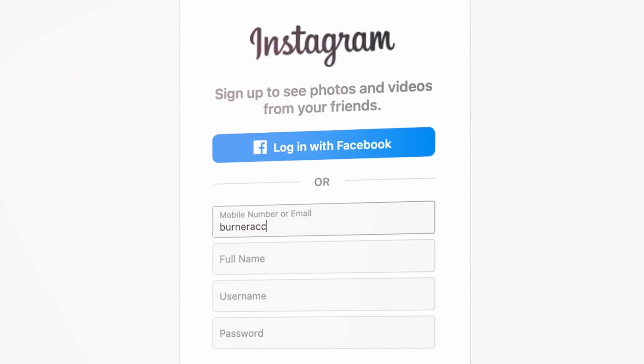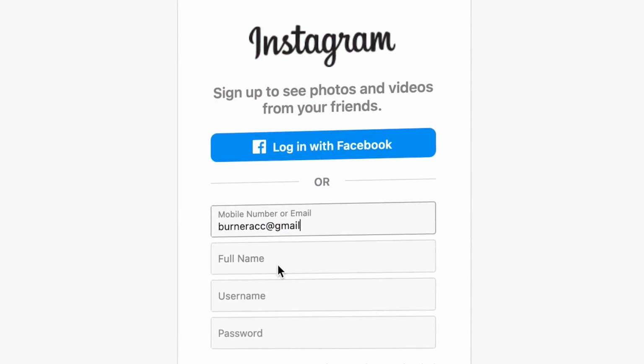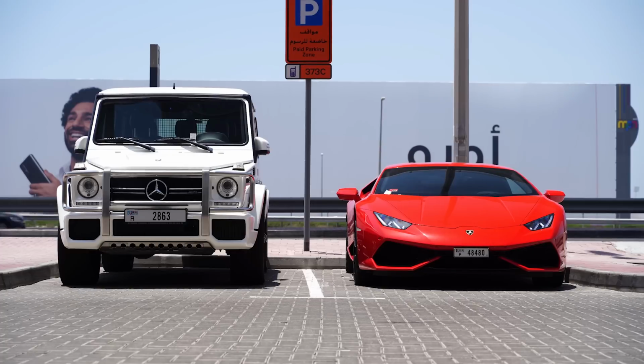The third place that you can look, I would set up a burner account or just use your own account and only engage with people within your niche. Then when you go to the explore page and when you go to the Reels feed, instead of seeing guys with a bunch of muscles or cars or a bunch of fashion stuff, if you are or are not in those niches, instead you'll see the things that are actually trending within your niche. What headlines are trending, what topics are trending, even what trends are trending or what sounds are trending. And this is ultimately going to make you a better creator.